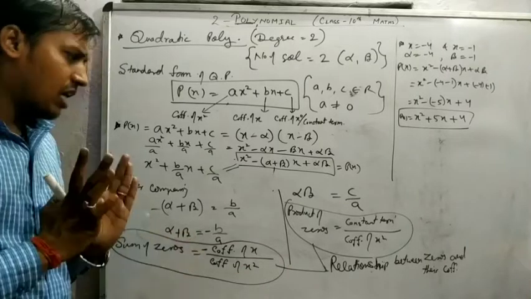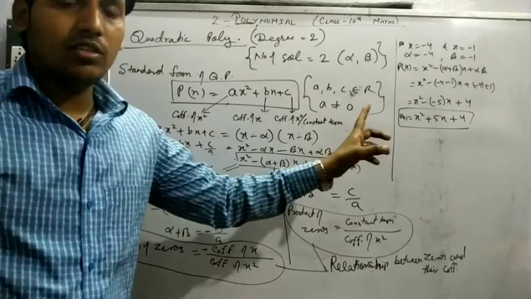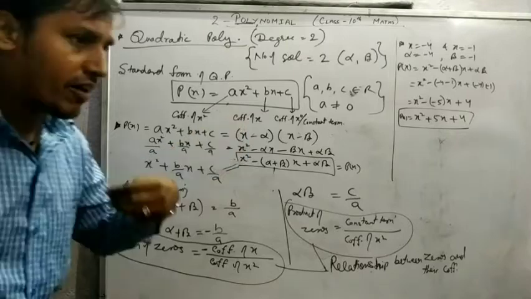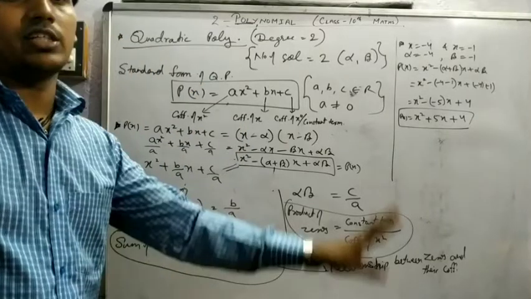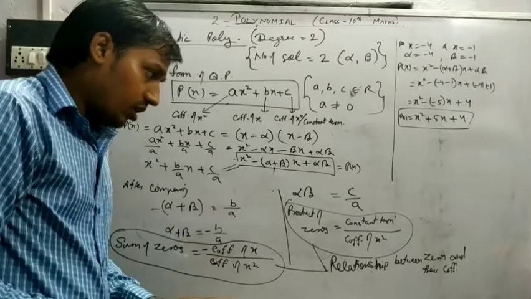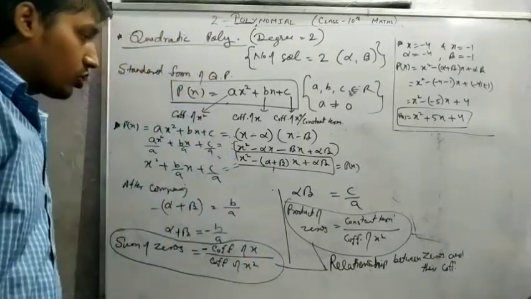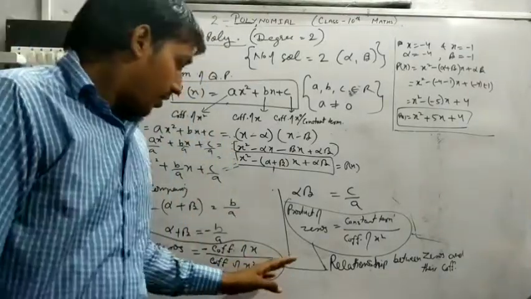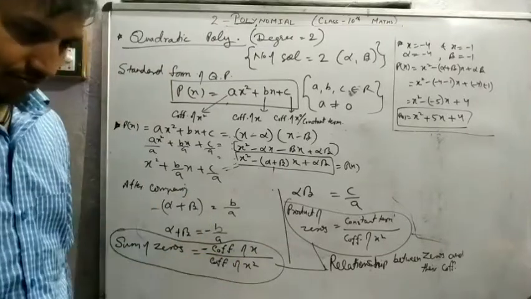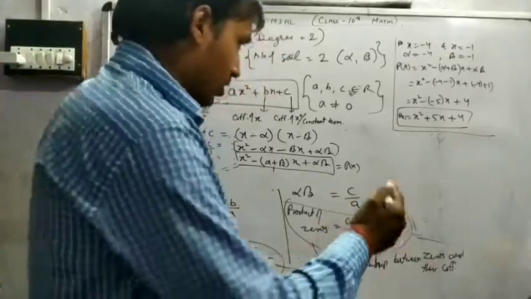Many times in board examinations a question comes where a polynomial is given and the question says find the zeros and also verify the relationship between zeros and their coefficients. So we have to explain how we solve the question. First thing, pause the video. So we have to find the key, that is, the relationship between the zeros and their coefficients. Take one more example of a 1-mark or 2-mark question.